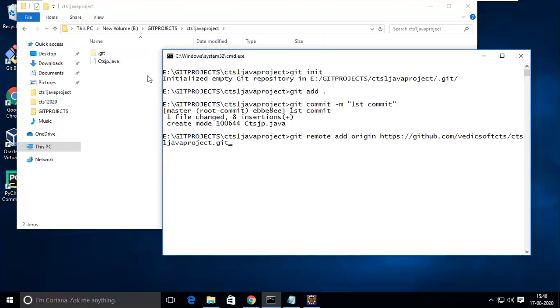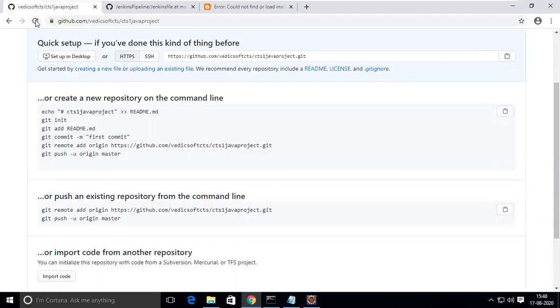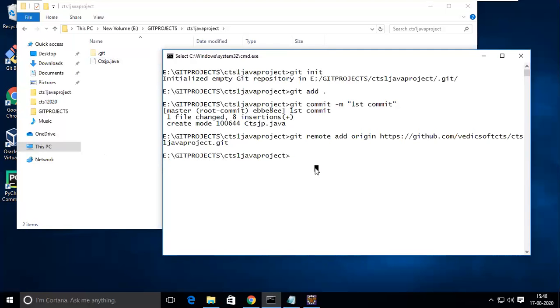So this thing will be added to our local repository file. Okay, it is added, but nothing will be changed here unless you push. So nothing is changed unless you push your configuration. So I'm putting git push -u.